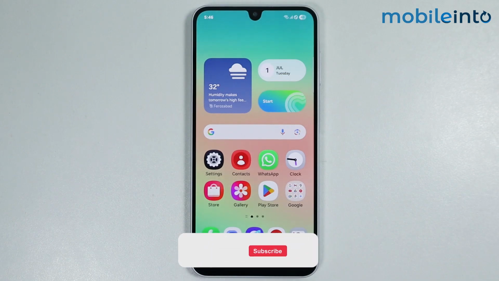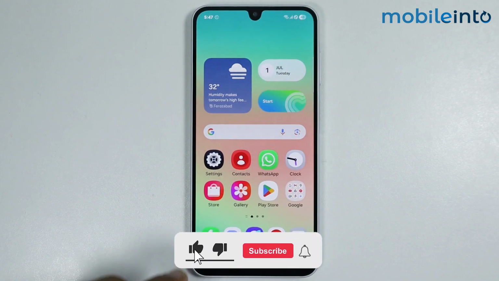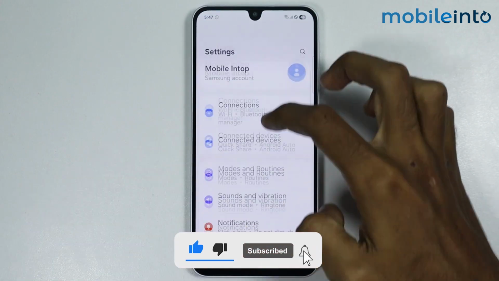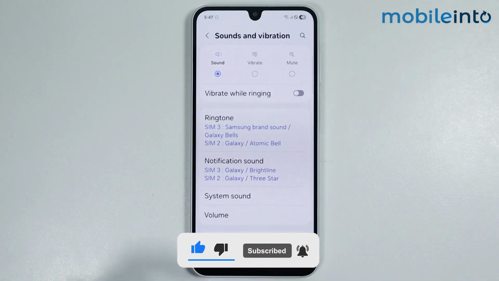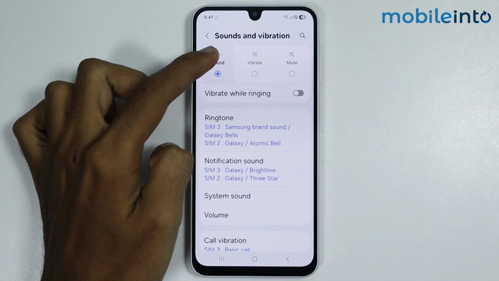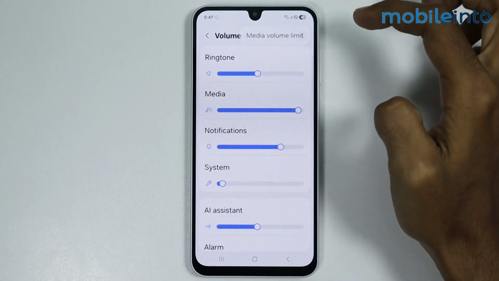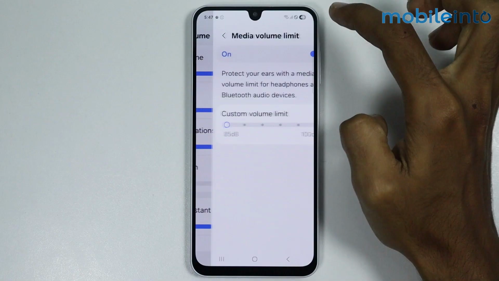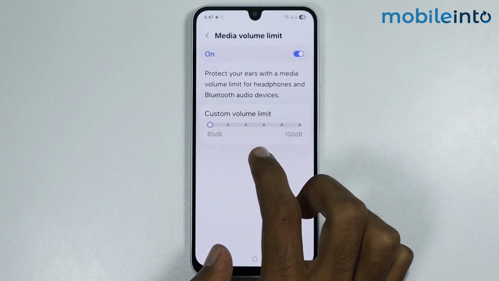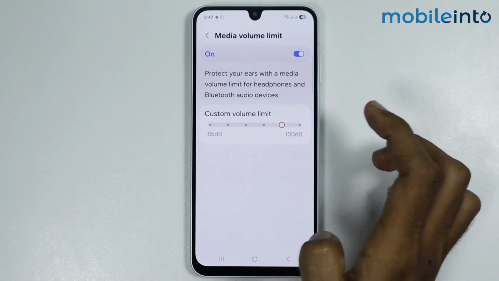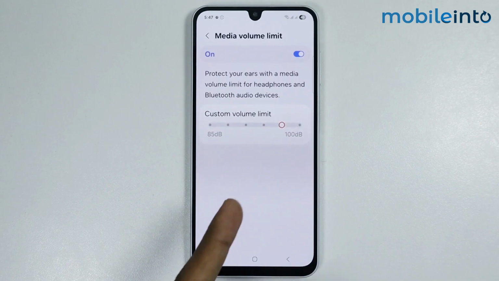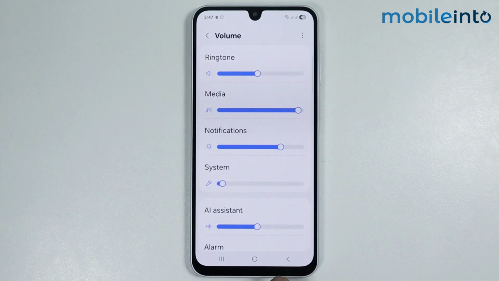Samsung phone. Now, to fix this issue, just open settings, then go to sounds and vibration. Now, from here, make sure to select sound, then go to volume. Tap on the three dots and select media volume limit. Now from here, just increase the media volume limit, just like that. Now once you do that, just go back,